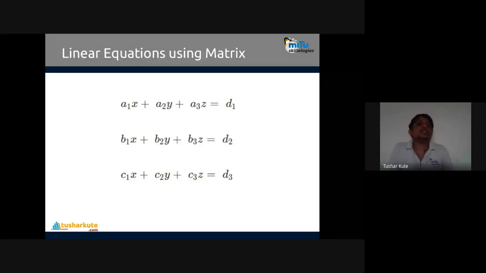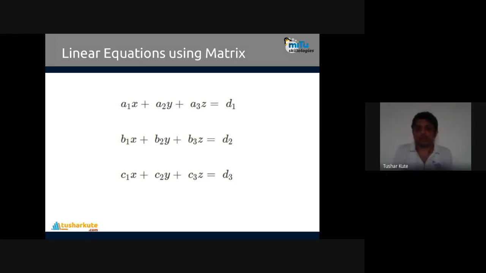Now, let's check the linear equation using matrix. Now, we have seen the topics about matrix operations. Now, how is it possible to create linear equations using a matrix? Linear equations, we have already seen linear regression, OLS regression. Using a vector of elements, it's possible to create this particular matrix. It's possible to create these linear equations. But how is it possible to create a linear equation from a set of rows and columns? That's what this topic will tell us.